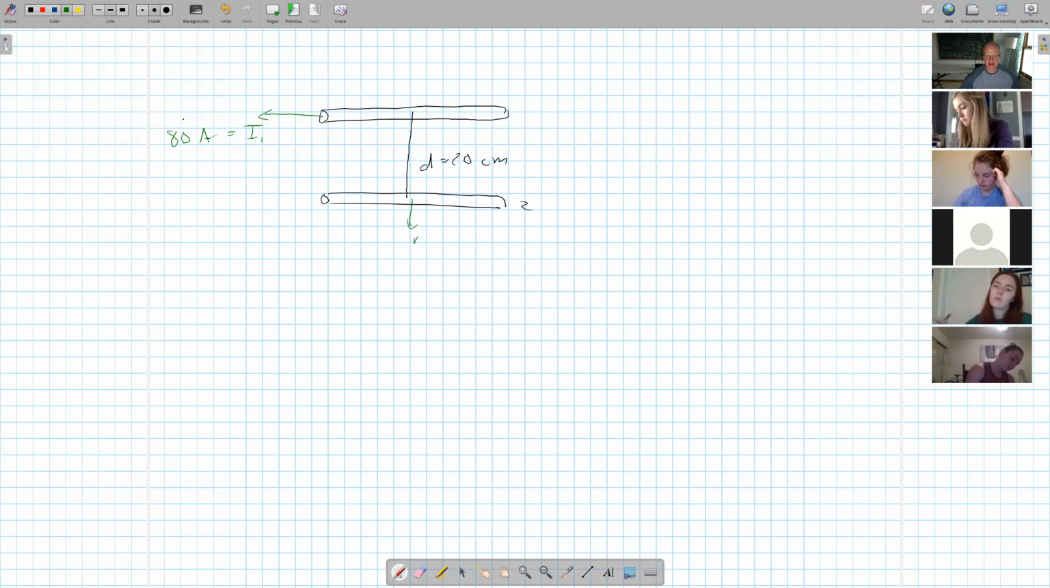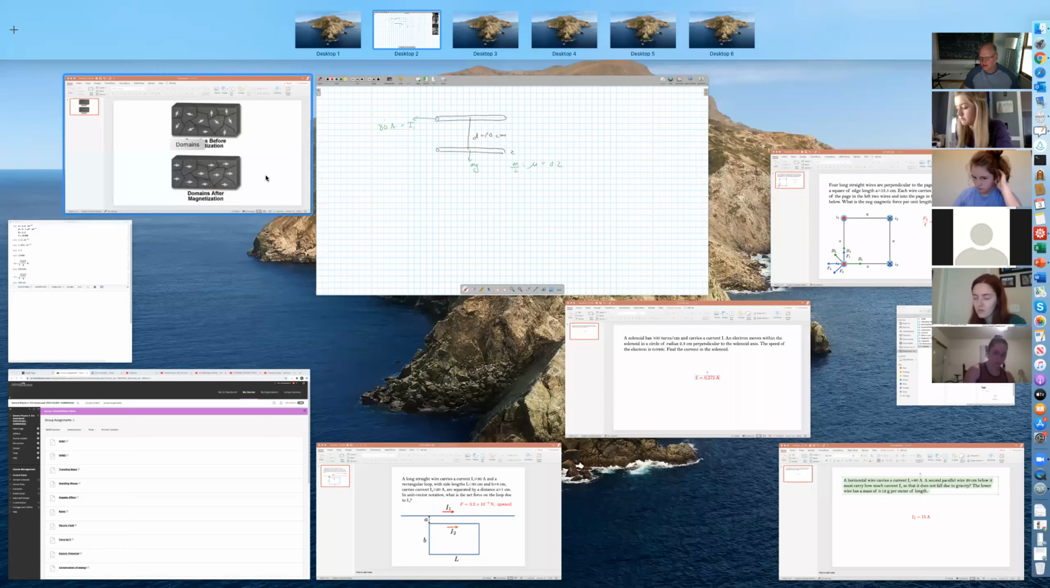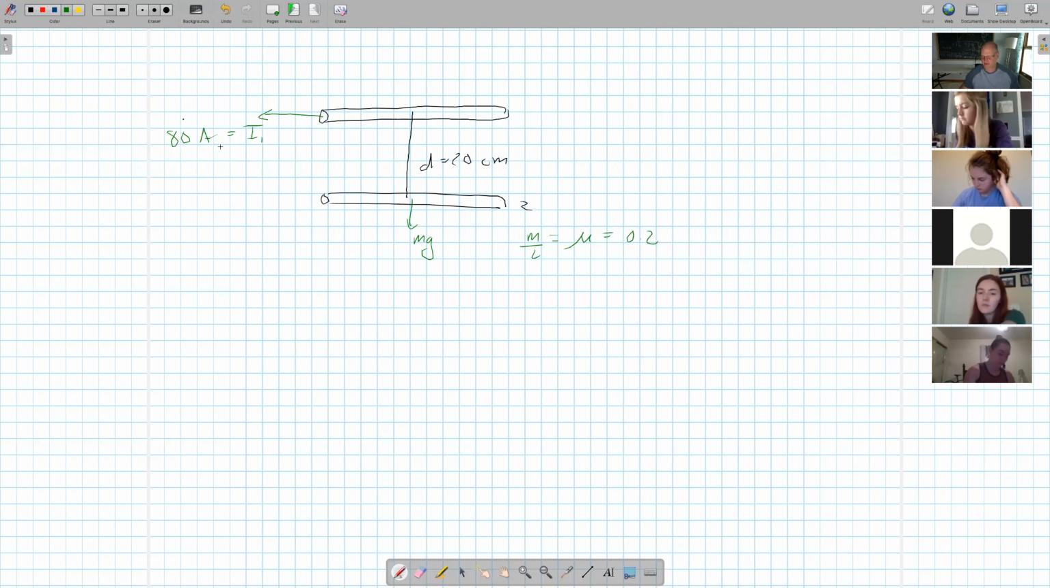So we know it has an mg downward, where we're told that the mass per unit length, which is what we called mu before, which is linear mass density, is equal to 0.12 grams per meter. Okay. So from here, it wants to know what is the current in wire 2 to keep this thing from falling. So this thing is simply going to levitate, which means the net force acting on this guy has to be